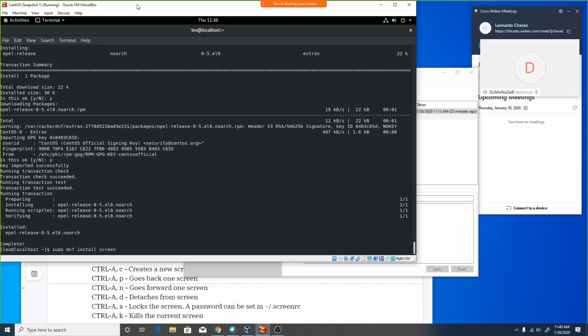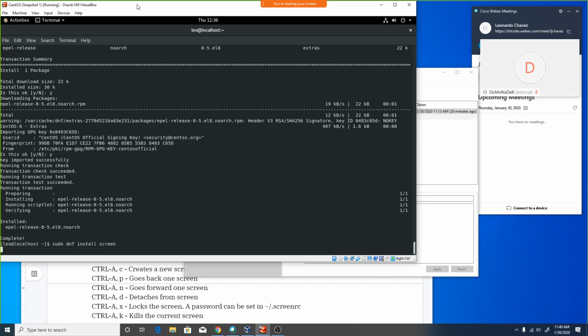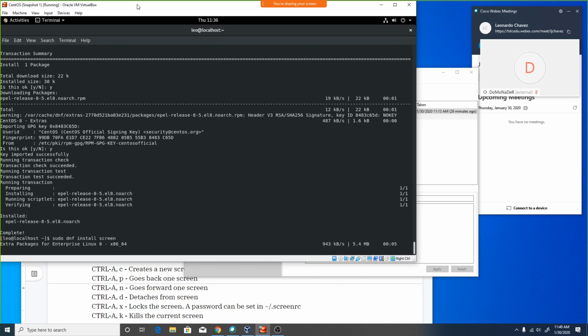That one, right? Sudo dnf install screen. Screen is in the EPEL release repository. So if you do this and it says no install candidate found, or no package found, or whatever, it's because you didn't install the EPEL release repository. We have that command